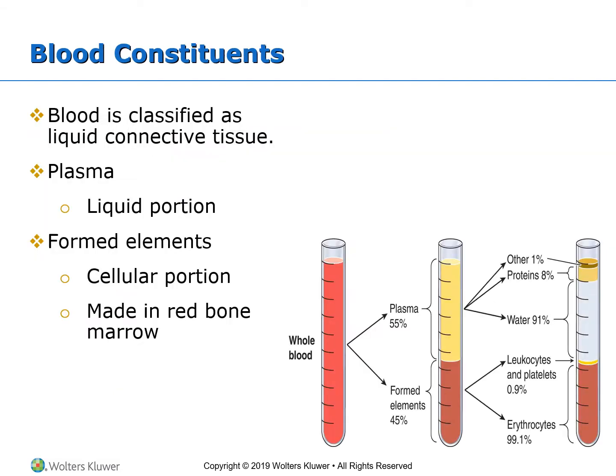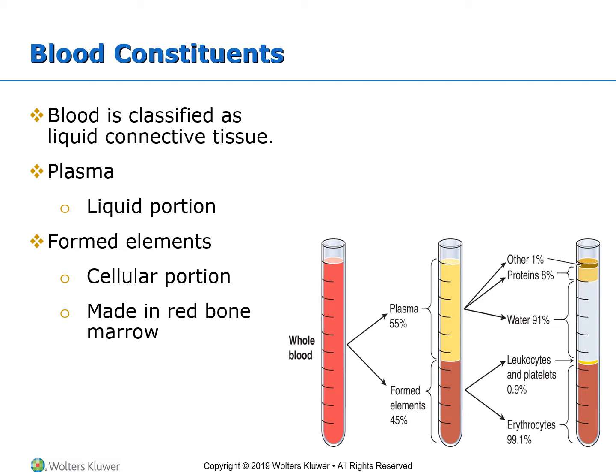The blood constituents will be described in the following part of the lecture. And the blood can be divided into two main components. We have a liquid portion that is plasma, and we have what is called the formed elements, which are the cells and cell fragments that can also be divided into three categories. We have the erythrocytes,